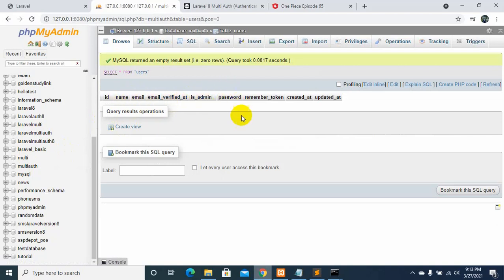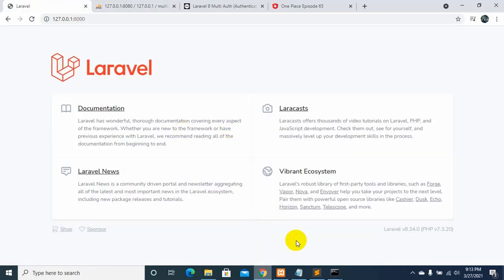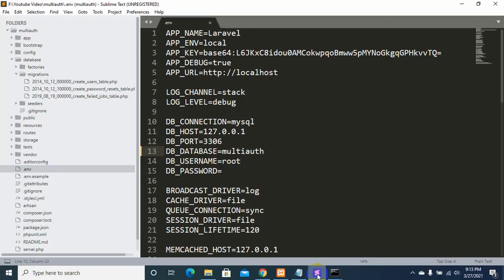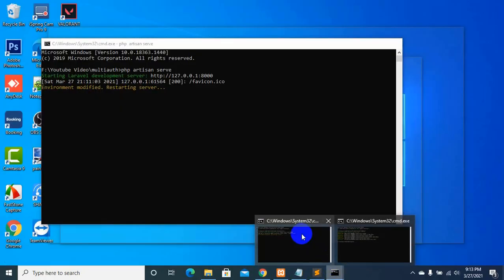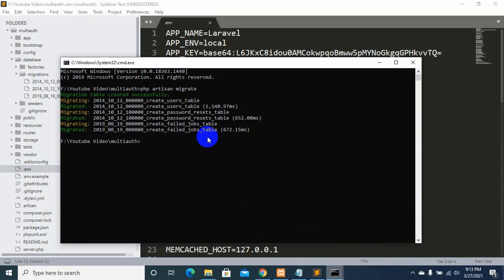Okay, so again let's go back to our cmd. Okay, and now we'll write composer require laravel/ui and press enter. Okay, it's run.